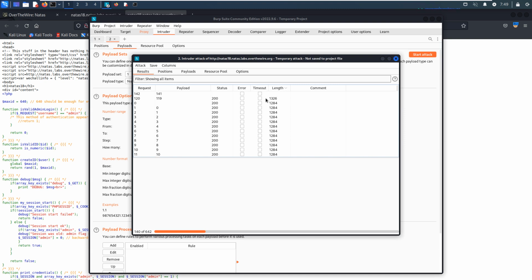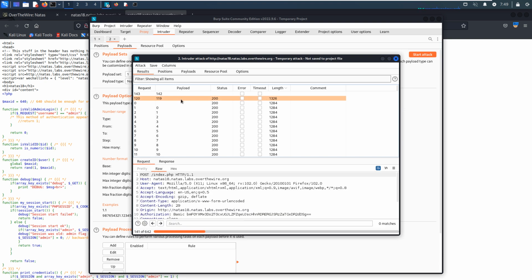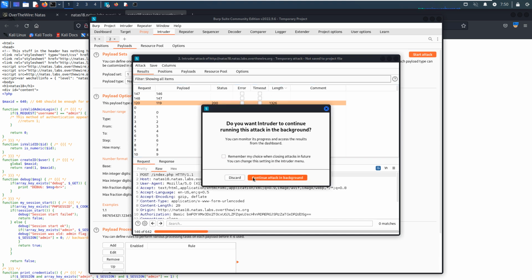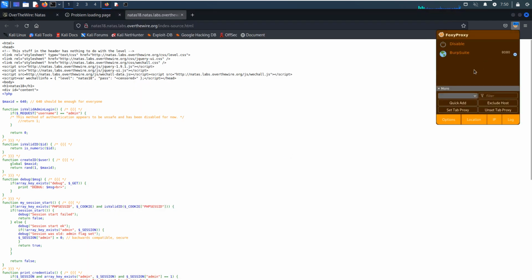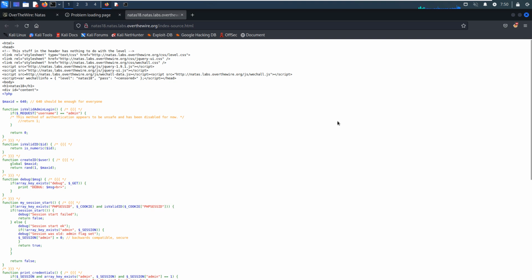I think we have already found the proper payload: 119. I don't think we need to continue this attack, so I'd like to close Burp Suite and disable the proxy.